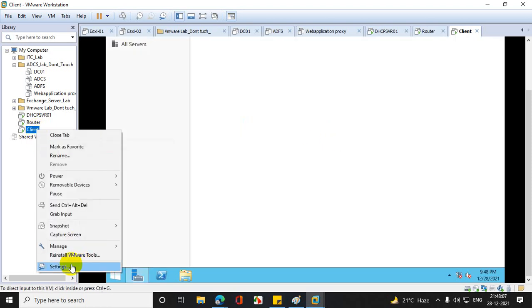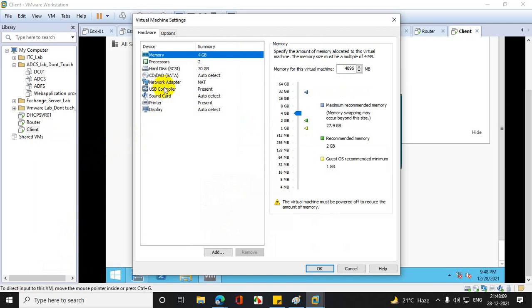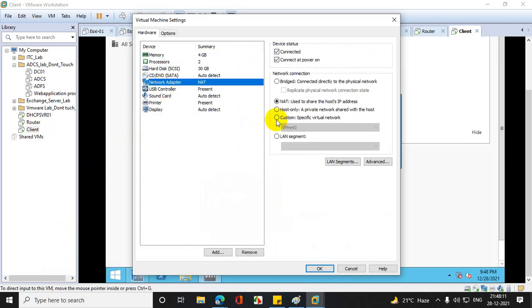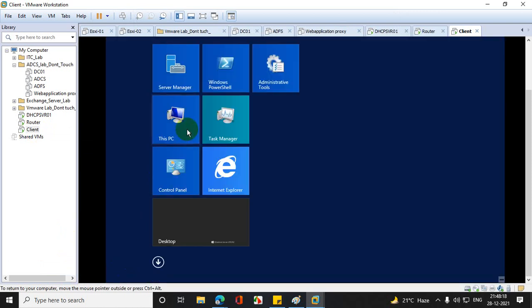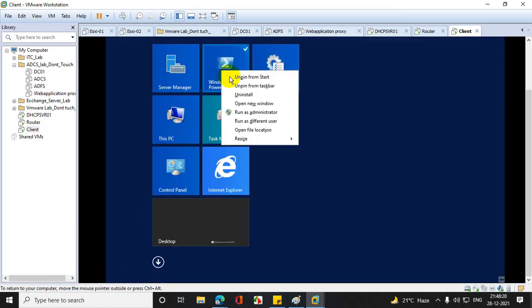If I change the client machine's network to my DHCP server network, so definitely it will get the IP directly from the DHCP server, no doubt. Let's see.